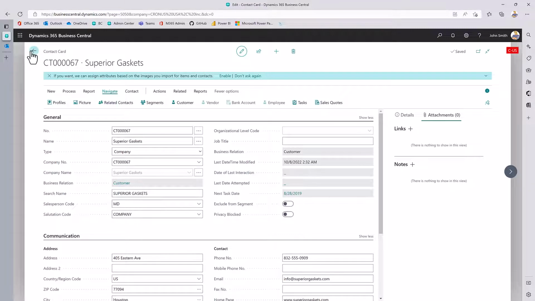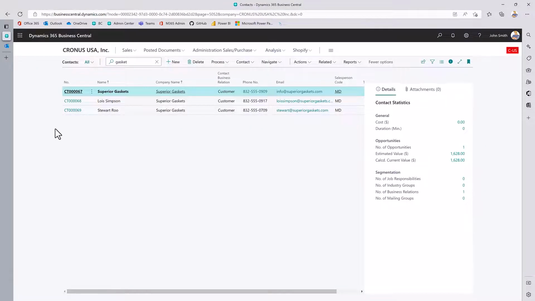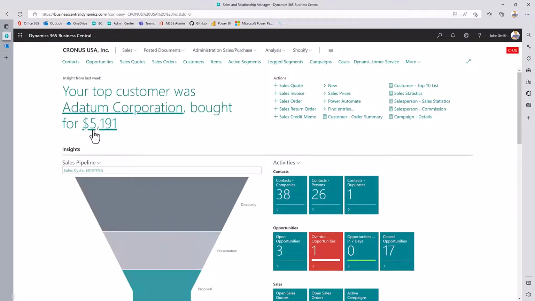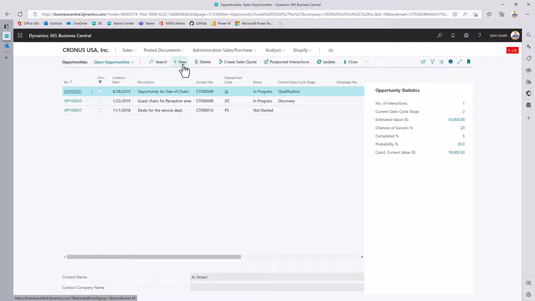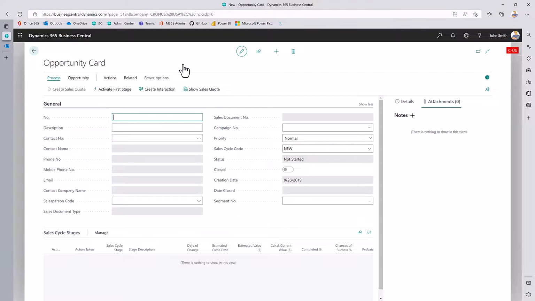Now, let's assume for a second that we want to record an opportunity that's arisen with Superior Gaskets. So back from my home screen, and I could have done this from inside the quote as well, but typically you're going to be in Business Central, you hear about an opportunity and you start to record it. So you go to Opportunities and you would hit Mark New. And we will go through just a couple of motions that happen in an opportunity instead of doing the entire full process. So let's type in a description, and this is going to be